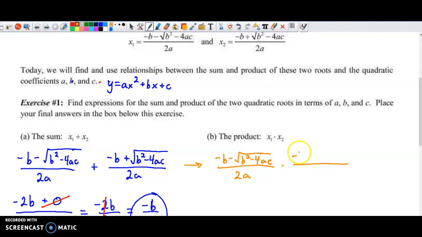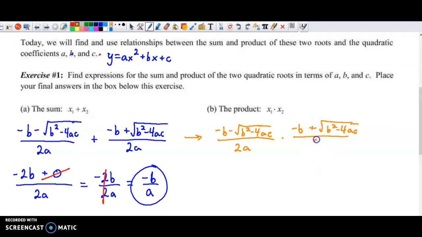And what's different about this problem is a couple things. In the previous problem, we had the same denominator, so we could add them together. But this time, when you have the same denominator, you can multiply across. You just have to do 2 times 2 is 4, and then you'd have a squared. And then the other bit that's different is we're multiplying, but what you actually have to do is FOIL the numerator,